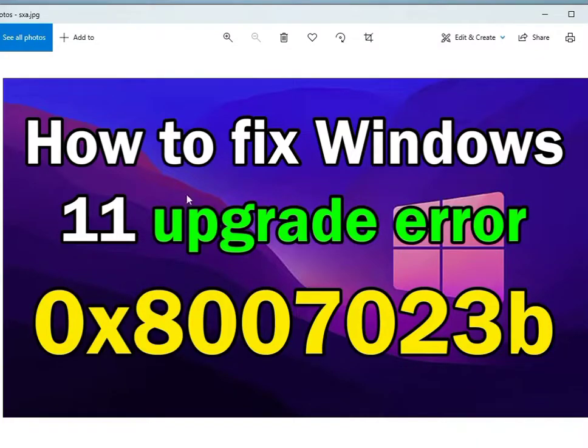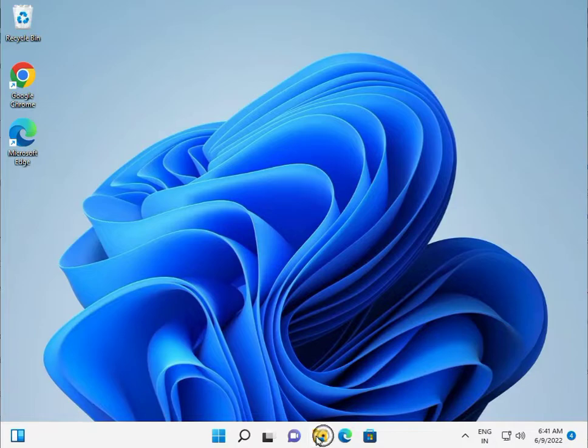Hi guys, fix Windows 11 update error 0x8007023b. Firstly, open File Explorer